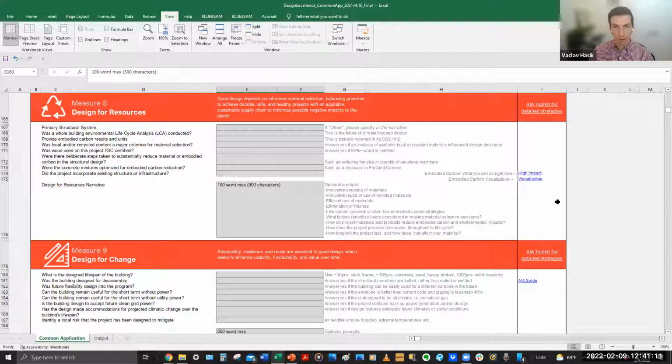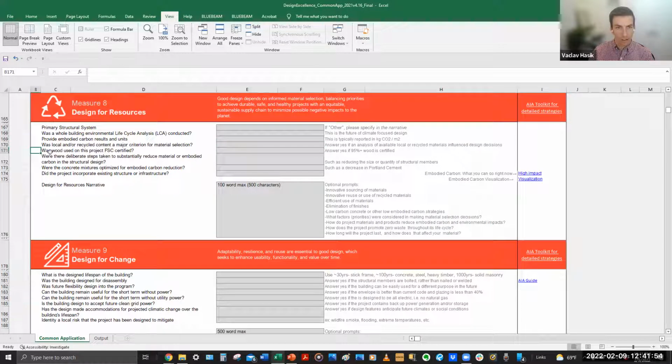If you are not going as far as quantifying embodied carbon impacts, you can skip the first couple of rows here and do more of a qualitative description of how you have addressed these resource aspects of your project. Starting on line 170, you can fill out whether recycled content has been a criteria, which I think is a yes or no question. Same with FSC wood sourcing.